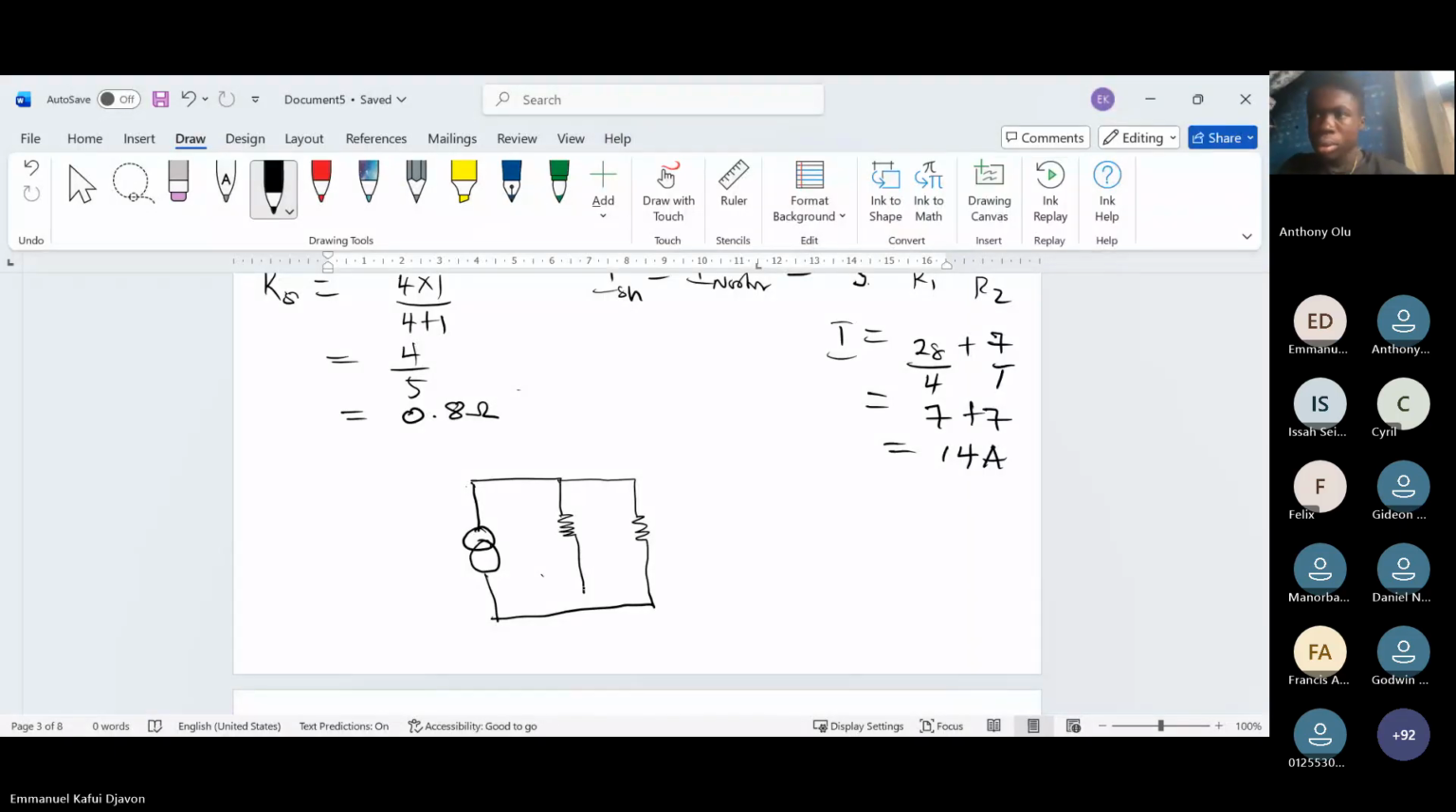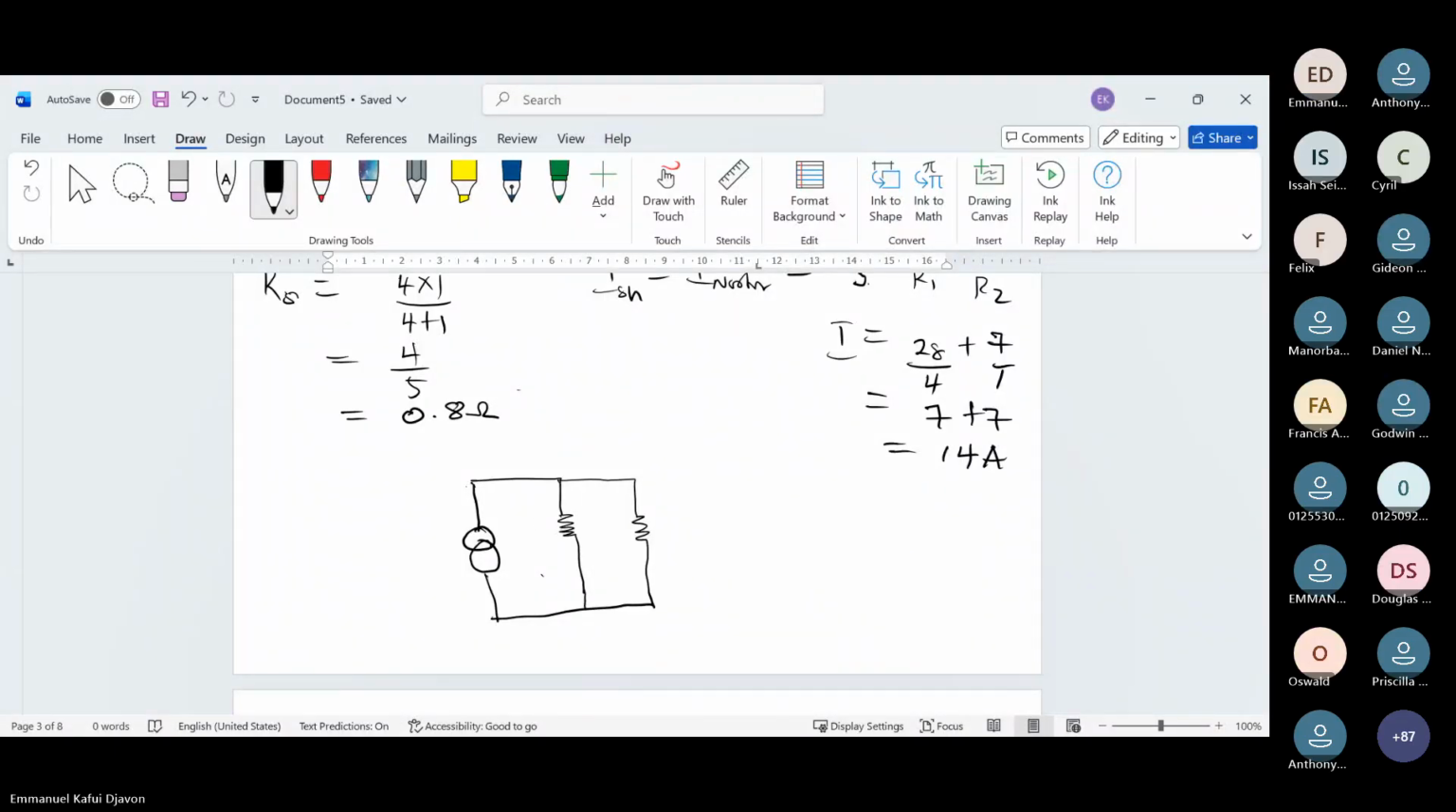So this is R Norton. This is the RL. RL is 2 ohms. R Norton is 0.8 ohms. And the current is 14 amps. So now you want to get